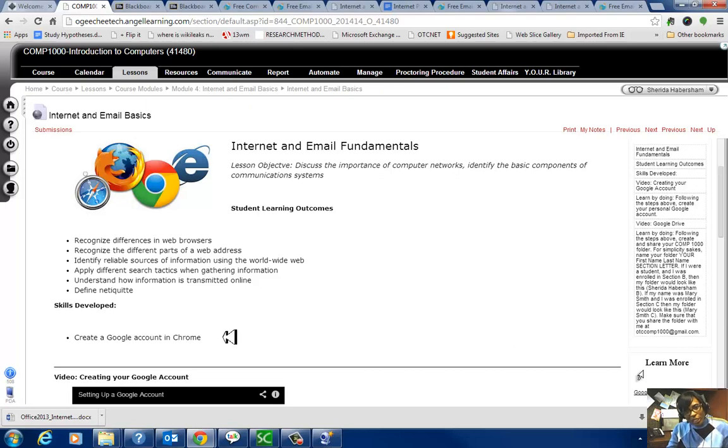You know, just because it's on the internet does not mean that it is necessarily true. So we want to be able to identify reliable sources of information on the World Wide Web. We also want to be able to apply different search tactics when gathering information, to understand how information is transmitted